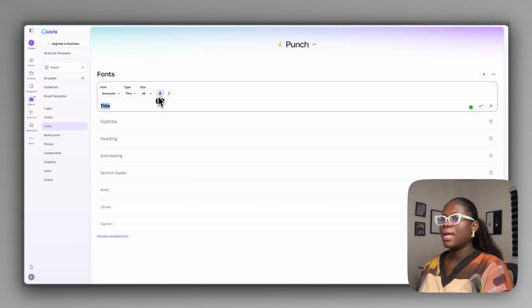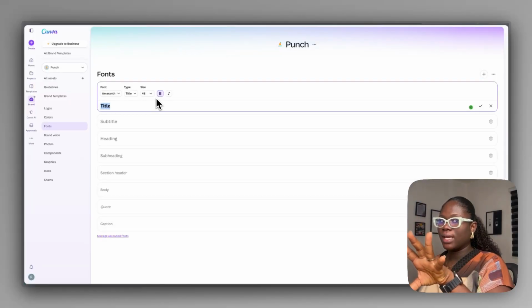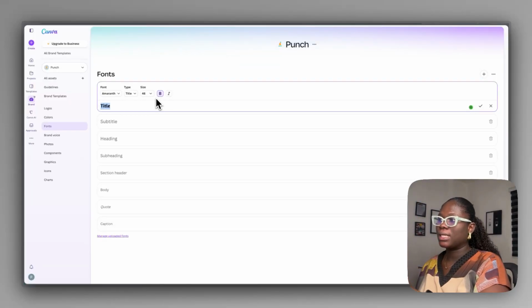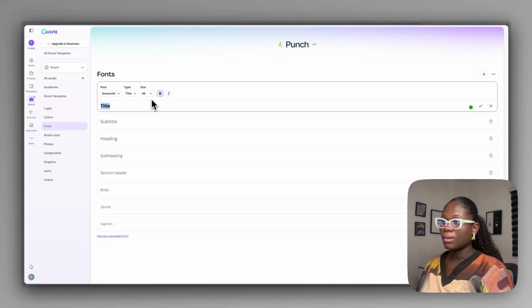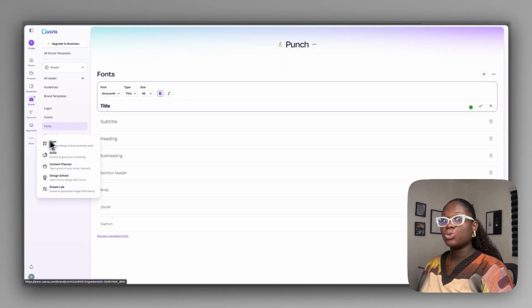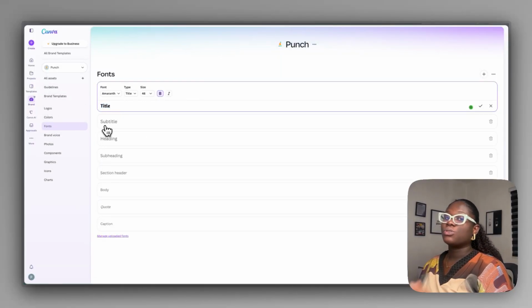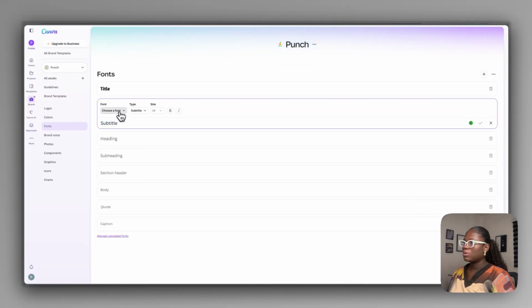So whenever I am typing, creating a design anywhere, and I set it to title, it automatically sets on that design as font Amaranth, size 48, and bold weight. And except I come back here to the brand kit to change it, it is going to remain like that. So for subtitle, I say Amaranth still, instead of 36, I say probably 42,